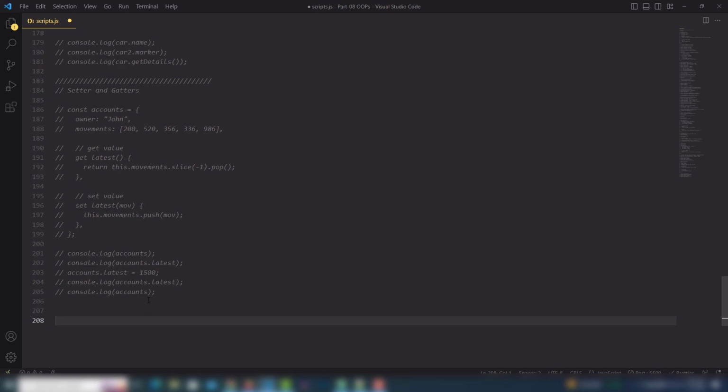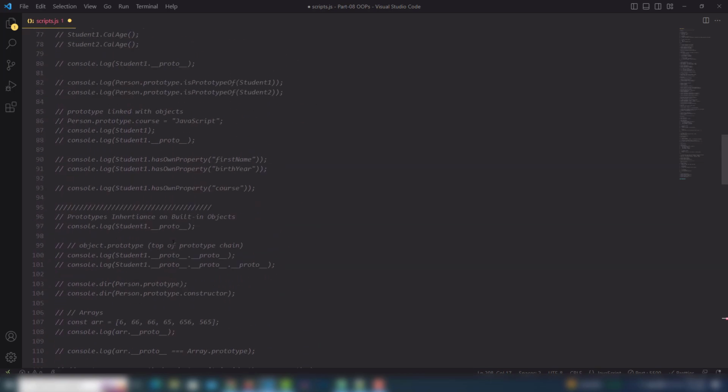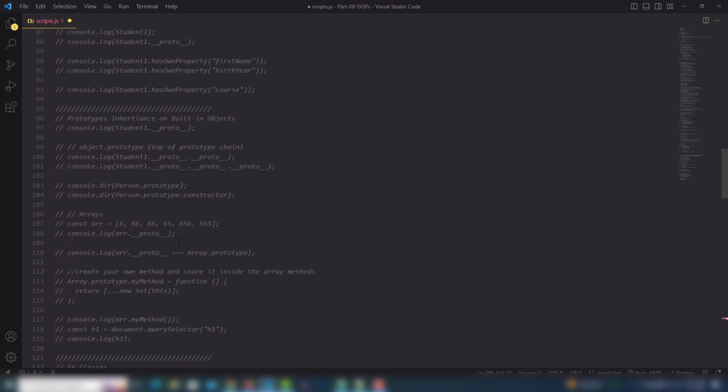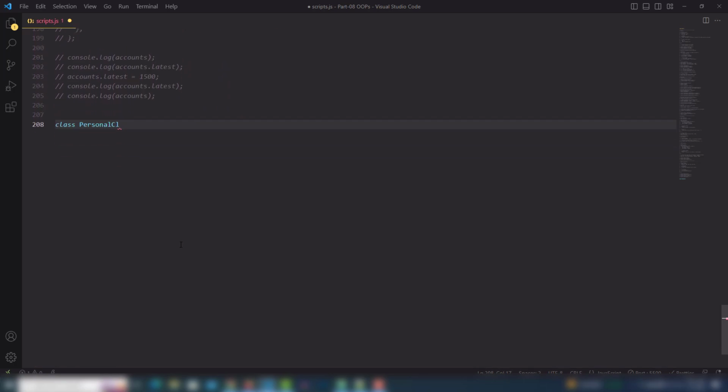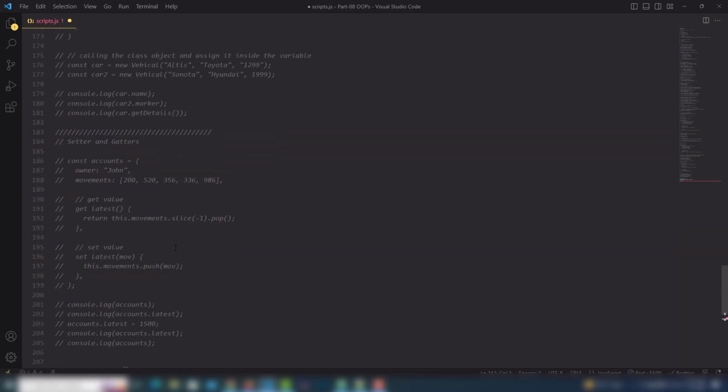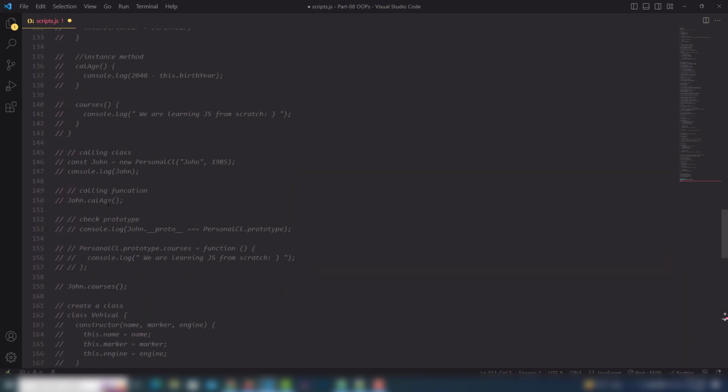Inside the class we're going to use the same thing that we have used there. So create a class personal class. I think I need to check out, yes, I committed all of the code, so I don't need to use... constructor, and yeah, full name. I'm going to use full name, birth year, property, and this, just a minute, vehicle,